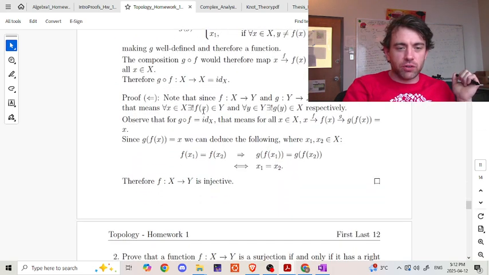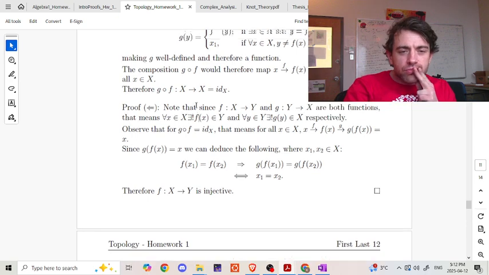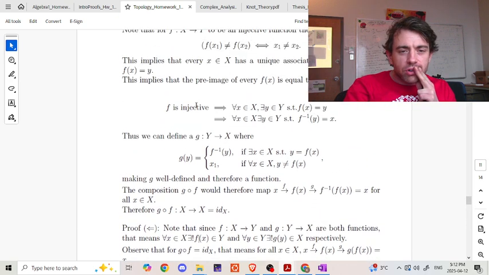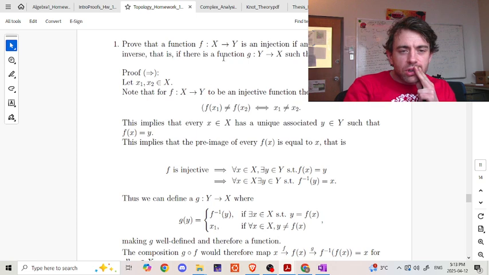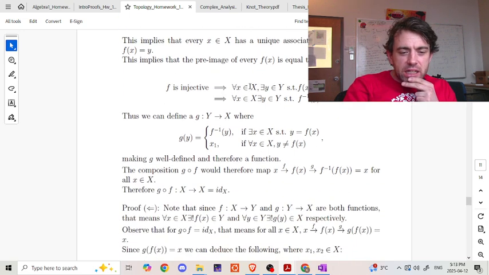Yeah, so we got some stuff to talk about here. What's this question? Proof for a function is injective if and only if. Yeah, I don't love this